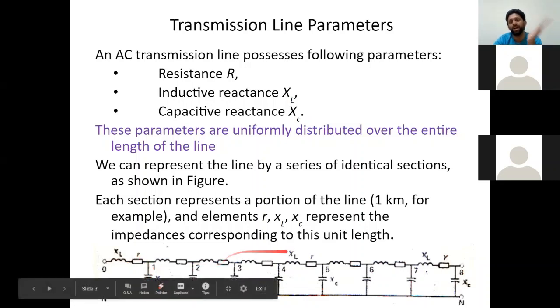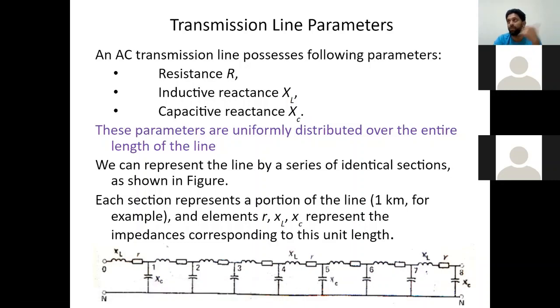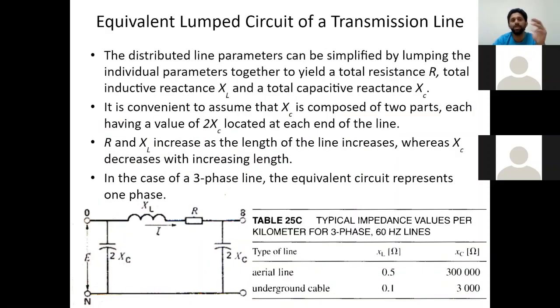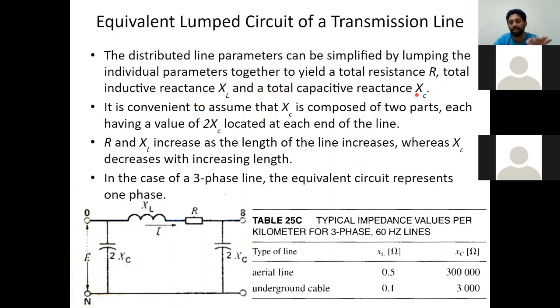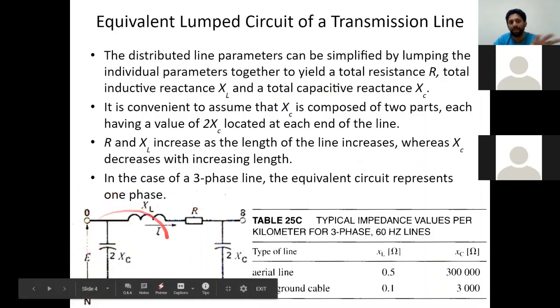Many such units are connected together. But with such a long diagram, it is difficult to solve or find parameters. So we simplify it by considering the total resistance, total inductive reactance, and total capacitive reactance. As an example, we make a shape like this: X and R in series and the capacitor